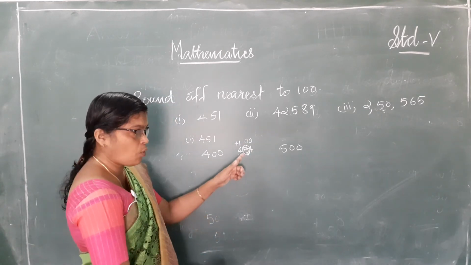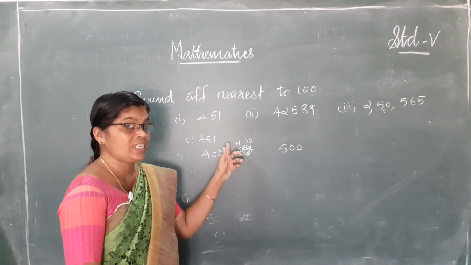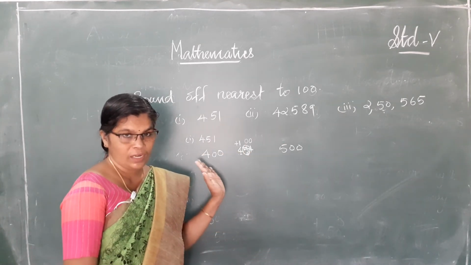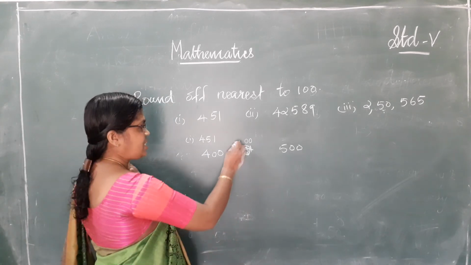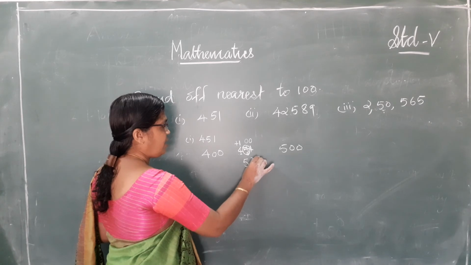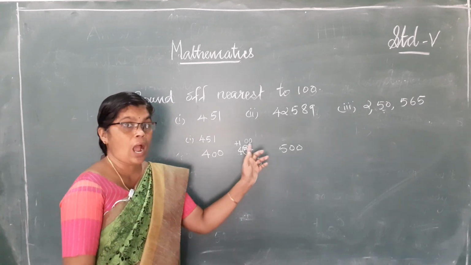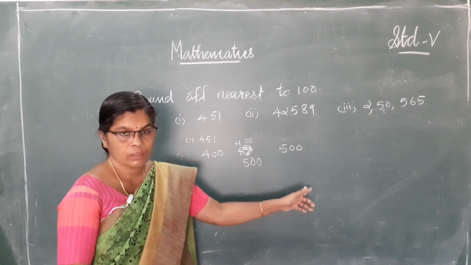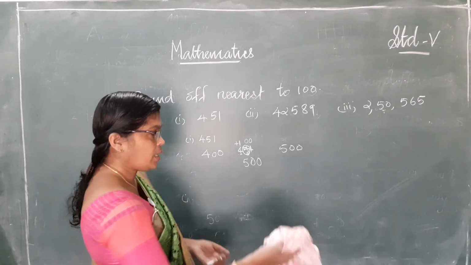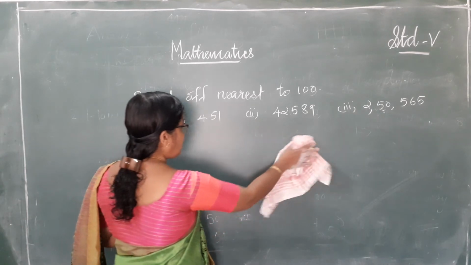Right? So it is rounded. When you do plus 1, it is rounded up. When there is no change, it is rounded down. So there is a change here. It becomes 4 plus 1, 5. It is 500. It is rounded up to 500. This is the way we have to round off nearest to 100. Now, next number you see, the second number is